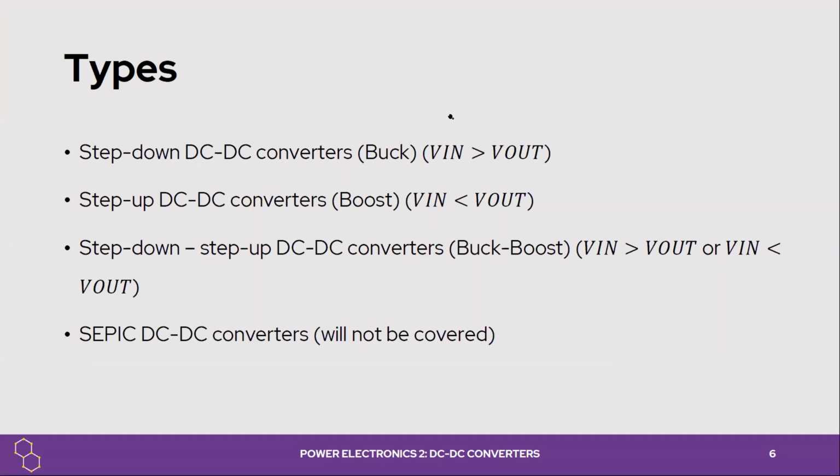Okay, we go into the types of the DC to DC converters. The first type, which is obviously the type we're discussing, is the step down DC to DC converter, which is the buck DC to DC converter. And what does that mean? It means the DC voltage input is going to get smaller, which means the voltage output is going to be less than the voltage input. And there are many applications for these buck DC to DC converters, especially in